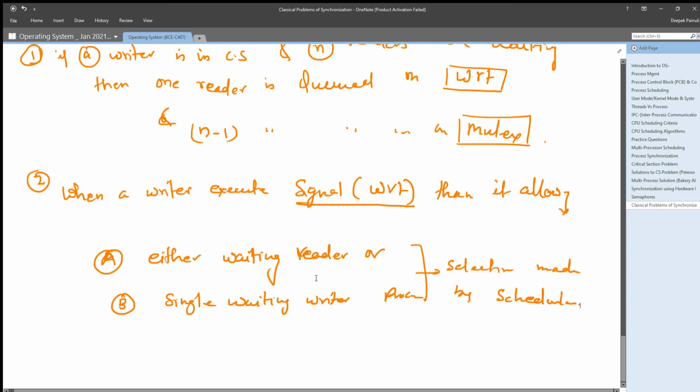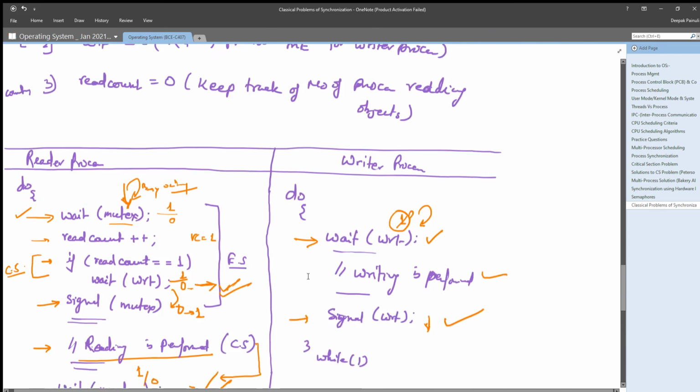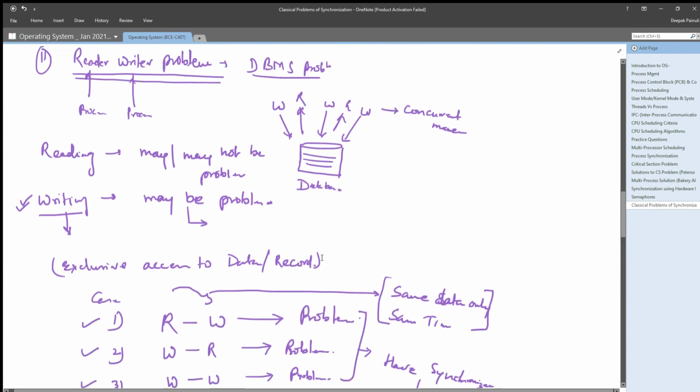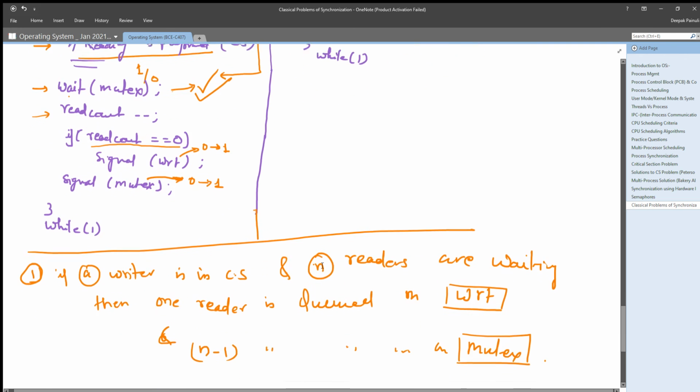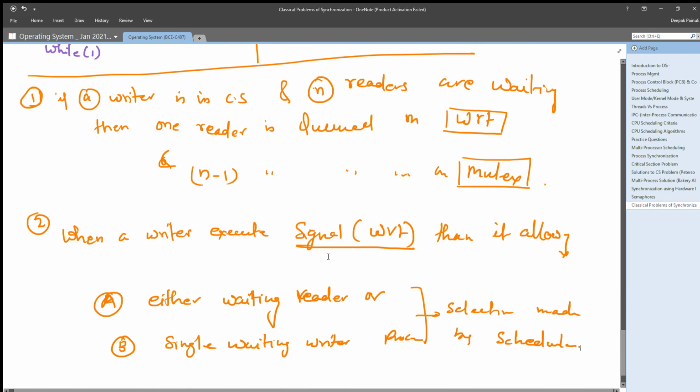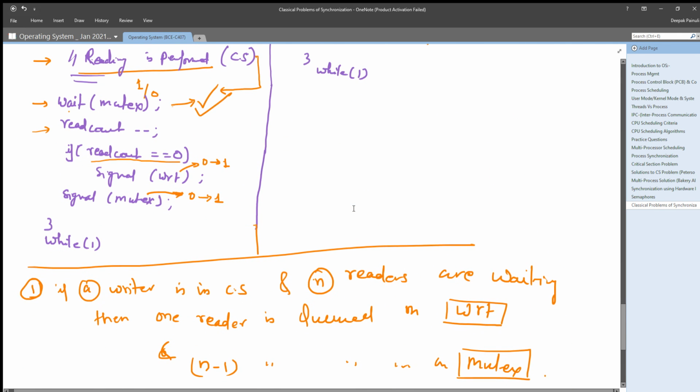So this is all for the reader writer problem, and we understood how the solution is provided using semaphores, and the results and analysis of that pseudocode.